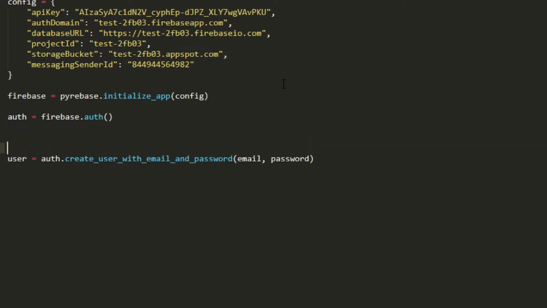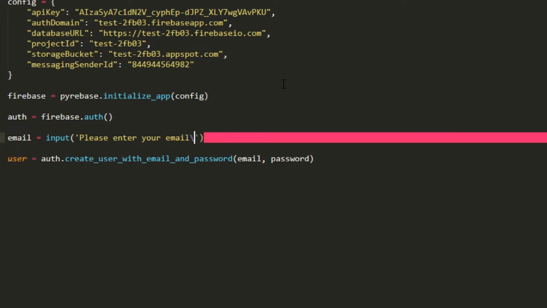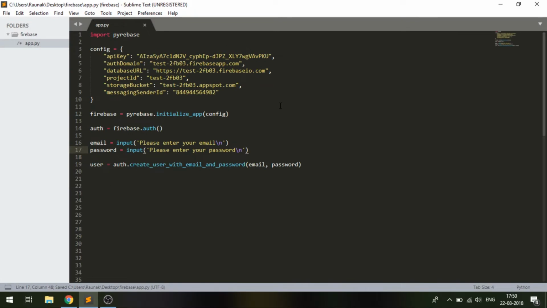Now you will have to enter the email and password. So I'll just create an input, and then I'll say please enter your email. Let me just get this onto the new line. There we have it. And now it is going to ask you for the email and password, and then it